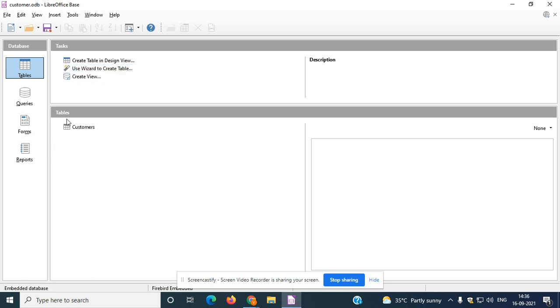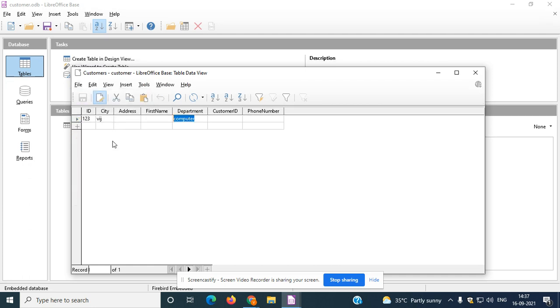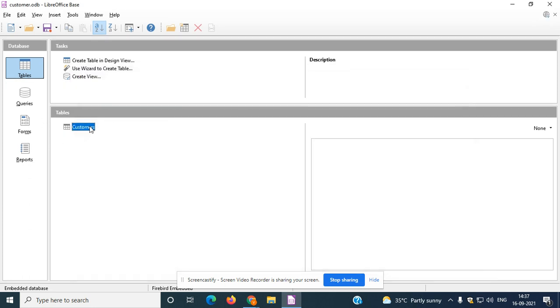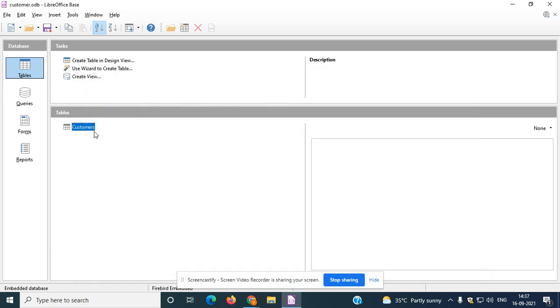You can observe here the table is created with customers. Just double click on that to view or make any changes related to the data content. Then click on save. Just observe all the changes that I have made are updated here. In this way we'll be creating the database using the Base database in LibreOffice